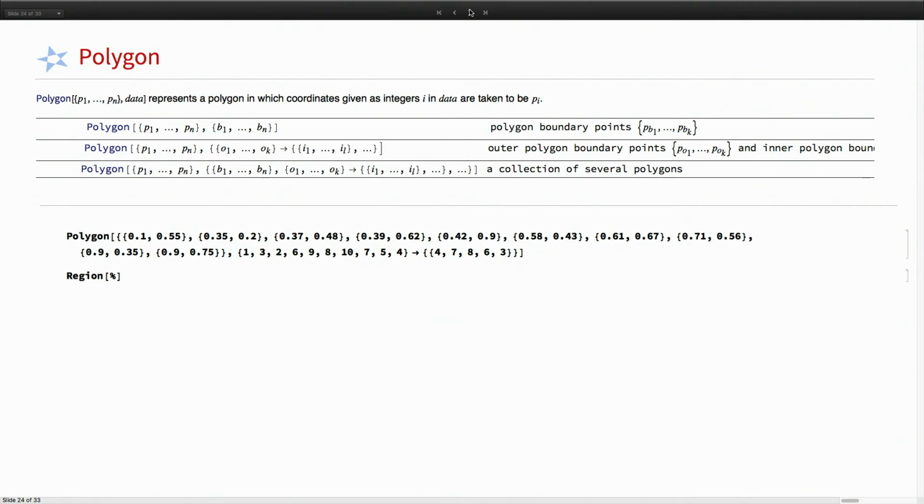So the next representation we have is polygon, which is roughly similar to the graphic complex. You can give a set of points, and then the data. So these are the coordinates, and then you have a list there. So it's roughly that graphic complex representation you are used to. And this is quite useful for the next